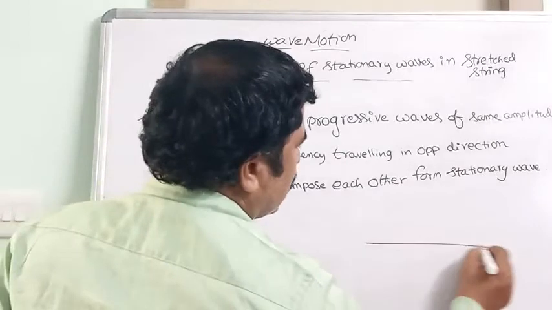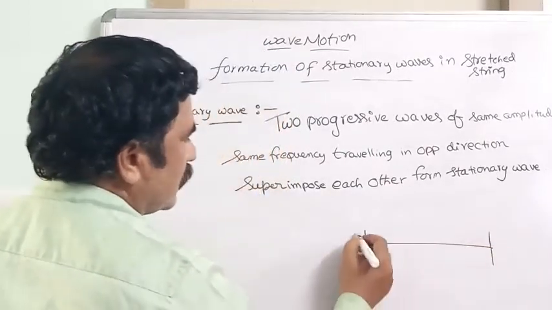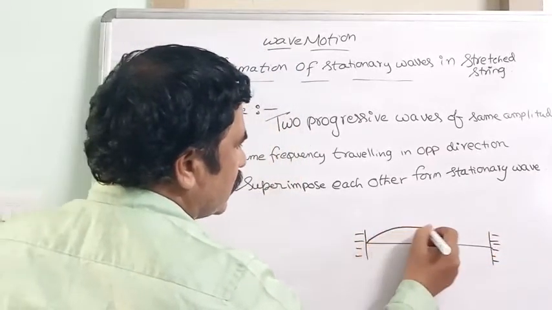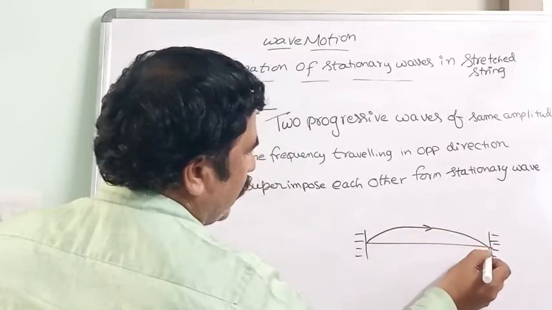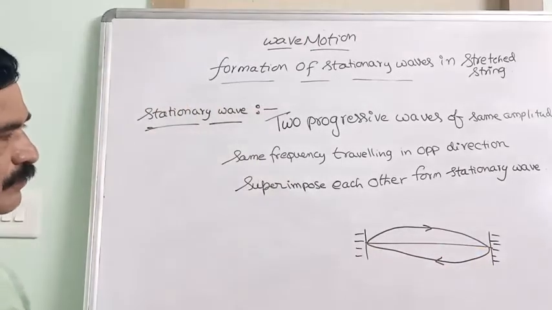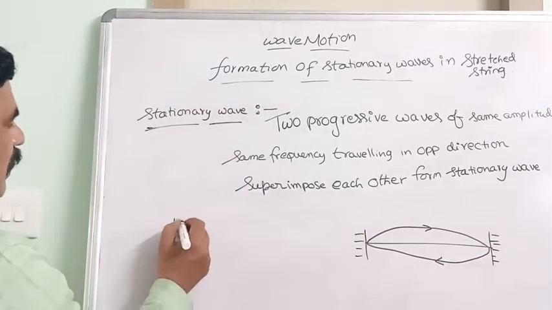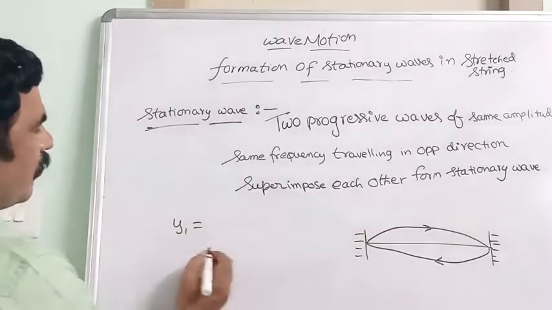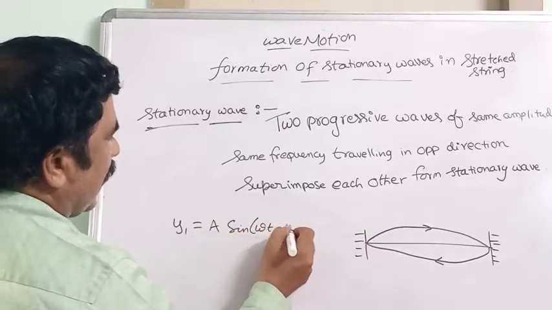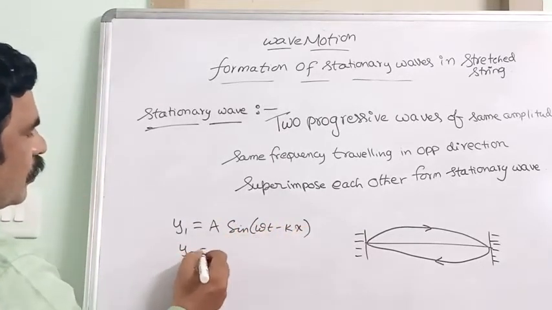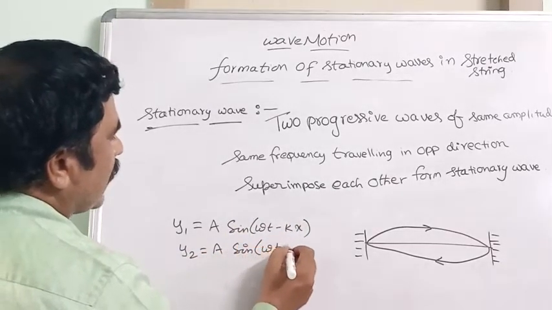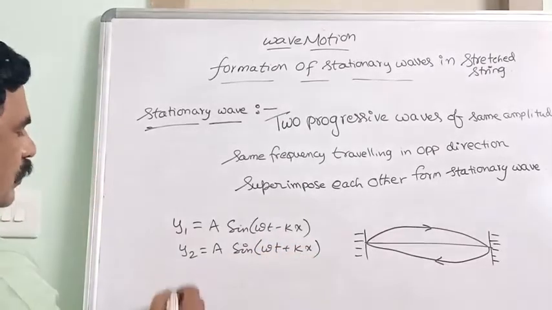See here, this is a string stretched at both ends. Now if one wave is moving like this and the other wave is moving in the opposite direction, then they form a stationary wave. Assume the displacement of the first wave is y1 = a sin(ωt − kx), and the displacement of the second wave is y2 = a sin(ωt + kx). Now the resultant wave